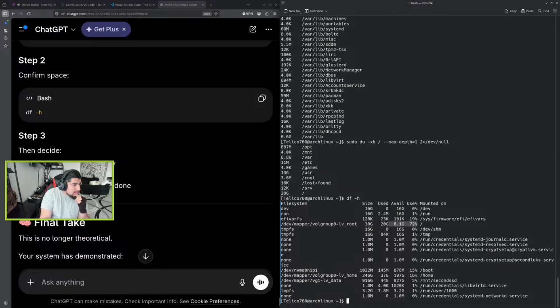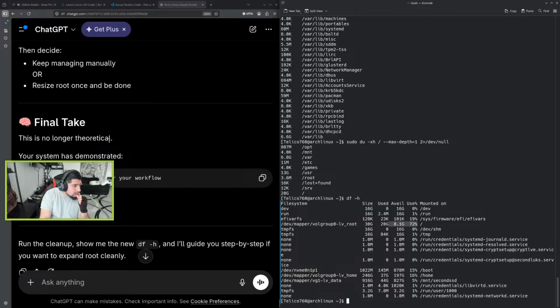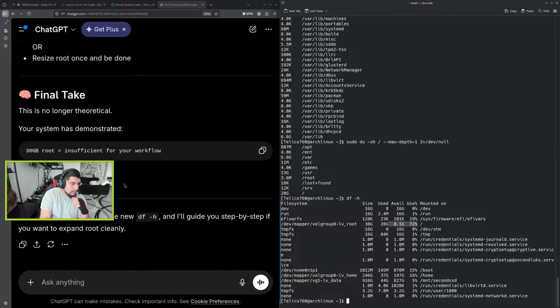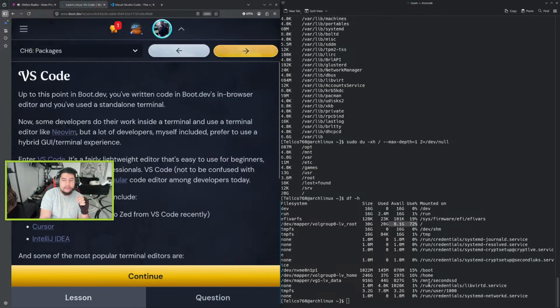Decide to keep managing manually or resize the root once and be done. Nah, I'm gonna leave it. I think 8.1 gigs should be enough if I update my system again, right? This is no longer theoretical. Your system has demonstrated 30 gigs of root is insufficient for your workflow. Not opinion, not guessing. Observe behavior. No, I'll come back to this later, since I have plenty of space now. Visual Studio has been